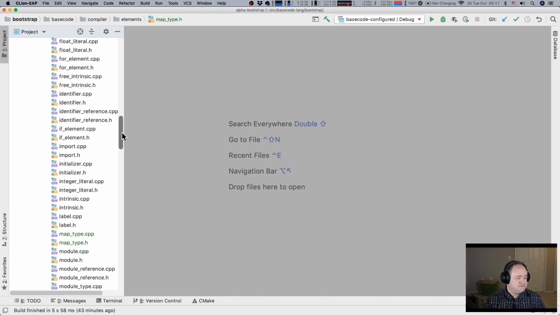Now, it is kind of in my short range plans. In the next couple months, I'm going to be starting the process of rewriting the Basecode compiler and the language self-hosted.